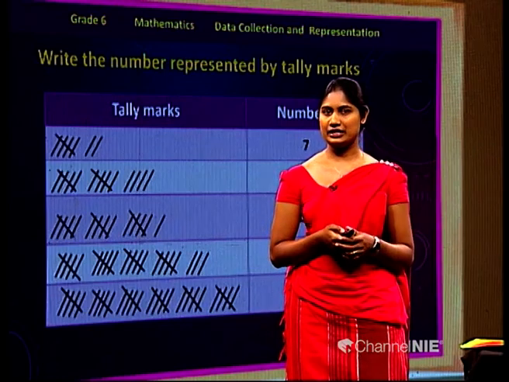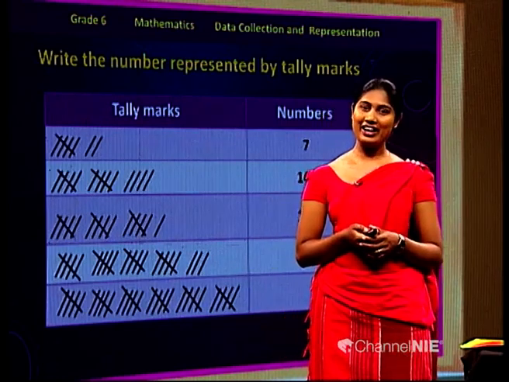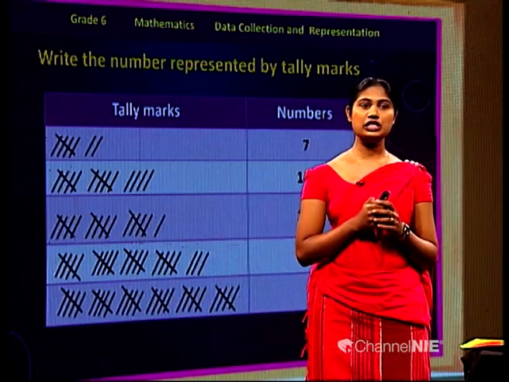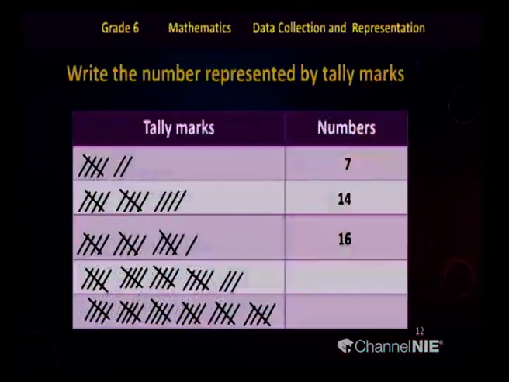So what is that? How many bundles are there? Okay, count it. 1, 2, 3, 4. Here you can see, before the last one. Okay, tell me your answer. How many bundles can you see? 1, 2, 3, 4. 4 bundles there. That means 5 times 4 is 20. But there are 3 tallies you can see. So that means the answer is 23.